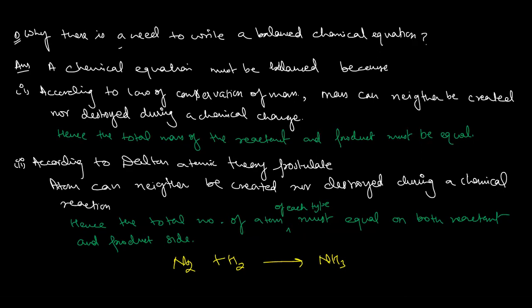We will learn how to balance the chemical equation later. This is not our topic today. Here we have this 2, and this will be 3. So there will be 6 hydrogen atoms here, and here we will also have 6 hydrogen atoms. This 2 is multiplied with the nitrogen also, so we have 2 nitrogen atoms. So this is now balanced. So we should write a balanced chemical equation.